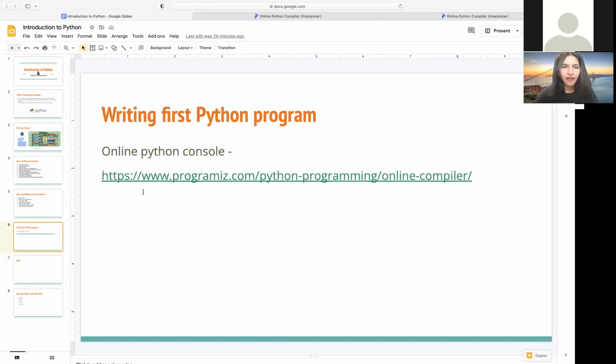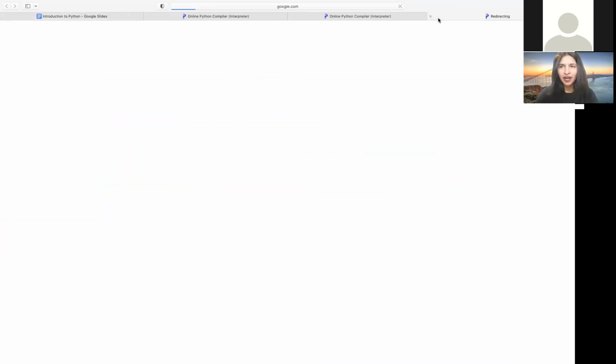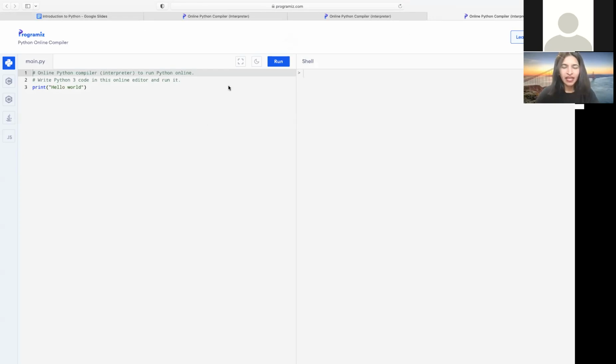For that we have a few online Python consoles that we can use. So here we have a console. This web page already has Python installed in it, so we can directly start writing code here. We don't have to worry about installing Python and then running the code.